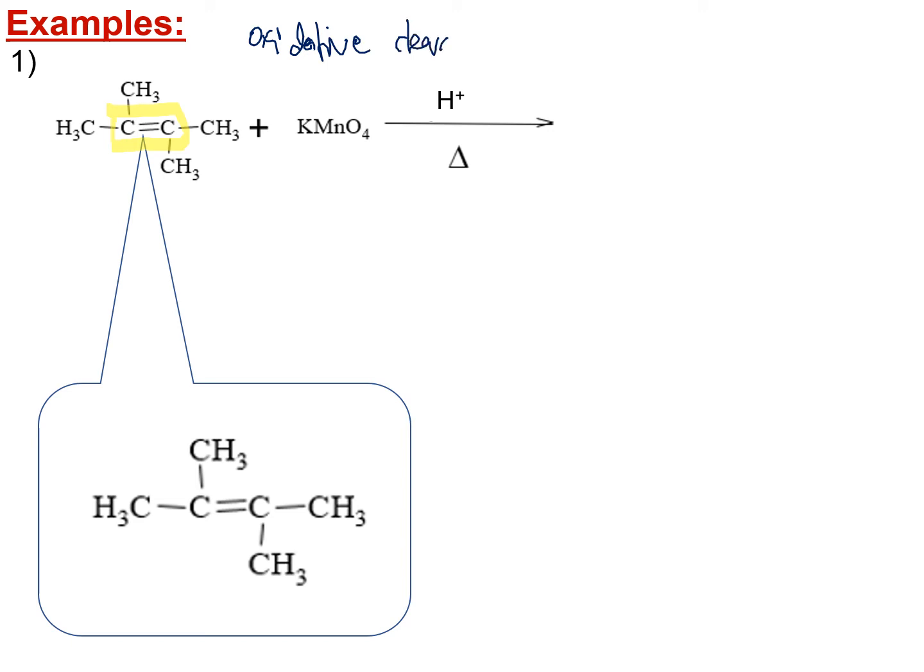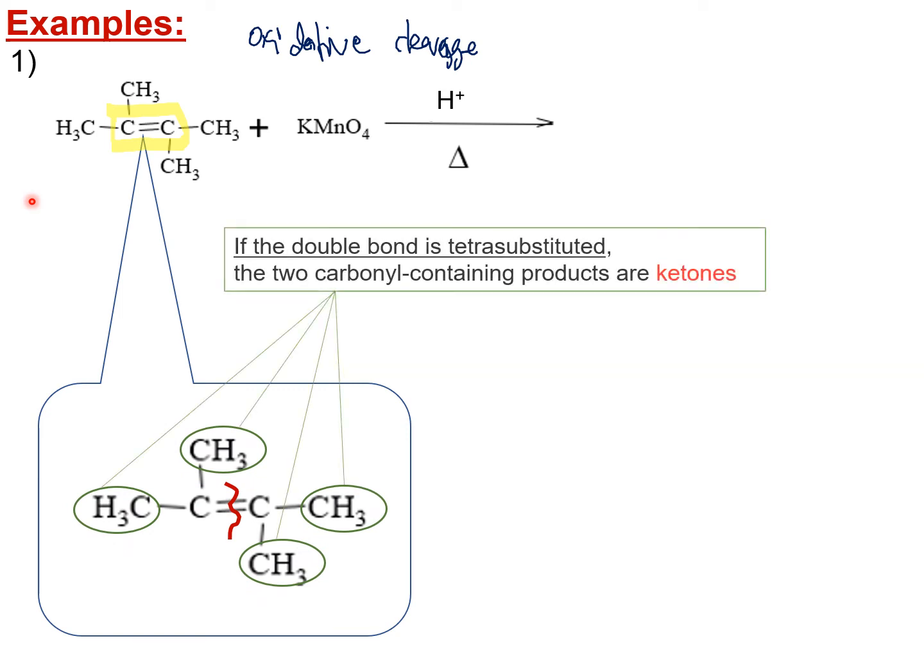Cleavage tu maksudnya dia akan buat belahan tau. Okay, dia akan buat belahan macam mana tu? So let's look here. Dia akan belah this double bond. Okay, dia belah this double bond. Lepas tu kita akan dapat this, since that this is a tetra substituted carbon-carbon double bond, therefore you akan dapat